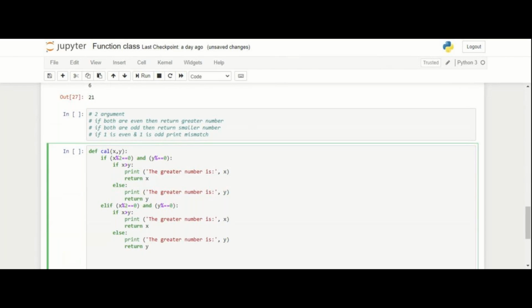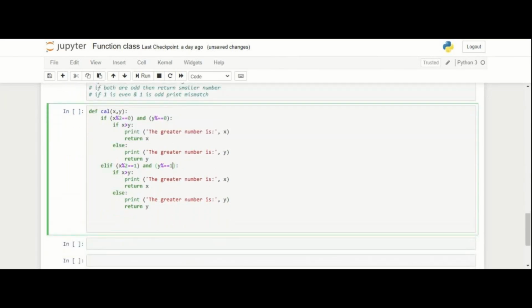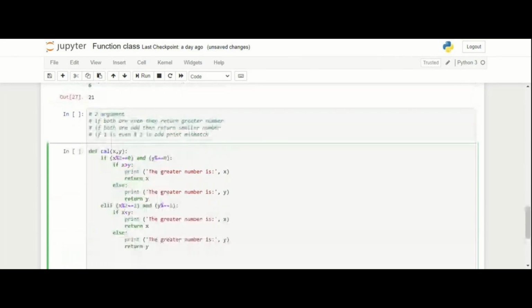And what should it be? For odd, it should return me 1, not 0, right? If any number is not even, then it should give remainder as 1, right? You can put not equal to also here. And this should be the second condition: return the smaller number, right? The condition would change.